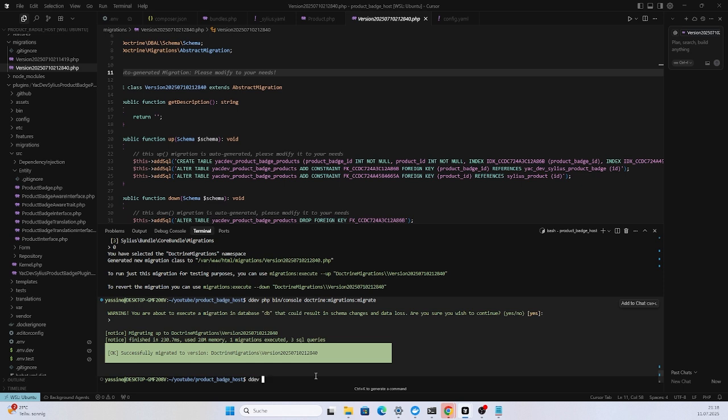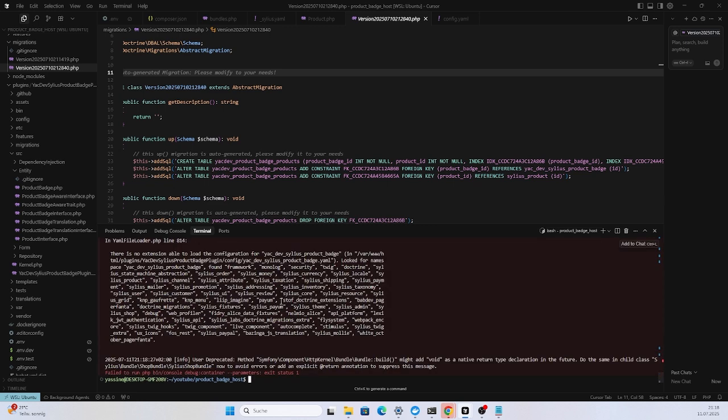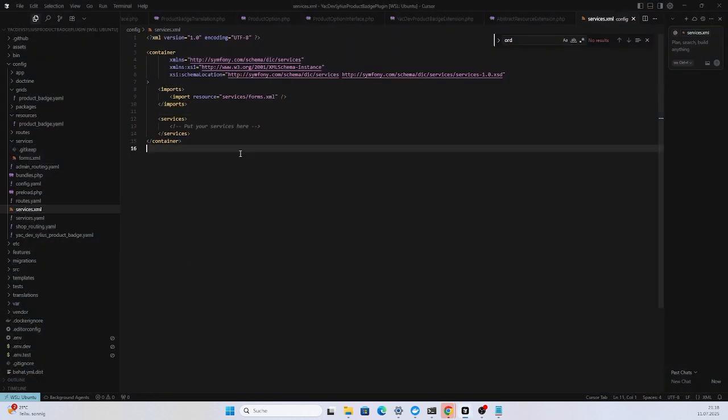So I will do tdev php bin console debug:container --parameters, and I will do something like this. Grep, let's say my vendor. What have I done wrong? Okay, yeah, okay. So as we can see, we have an error here, and I think this is because